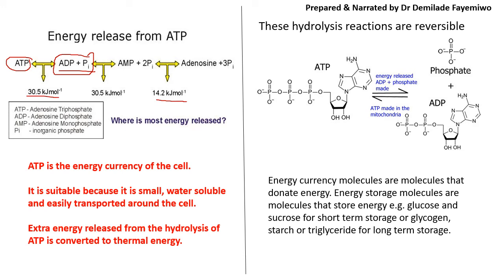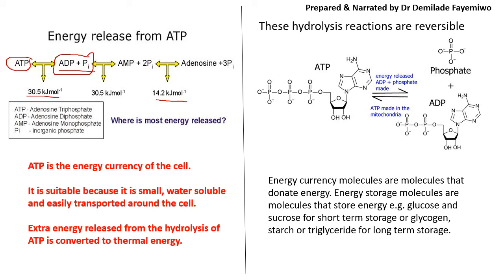Extra energy that we make from ATP is converted to thermal energy. So you might notice, for example, that if you're exercising or you go for a run, after a while you begin to sweat and you begin to heat up. That's mostly a combination of respiration, ATP release, and homeostasis, which are things that we will address in the syllabus, so worry not.